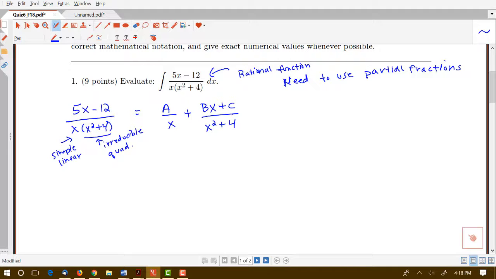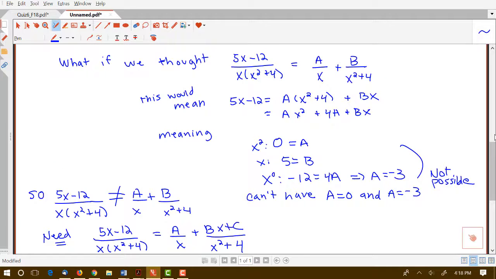Notice I'm not going to say that this integral is equal to the sum of A over x plus (Bx + C) over (x squared + 4), because this integral is going to be equal to something else. We're going to have to do the antiderivative. It's just the integrand itself that can be replaced by the sum of these two fractions. I noticed a few people put just B over (x squared + 4) instead of (Bx + C). So I just want to show you what happens if you thought that